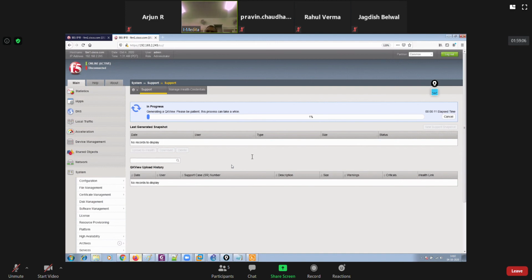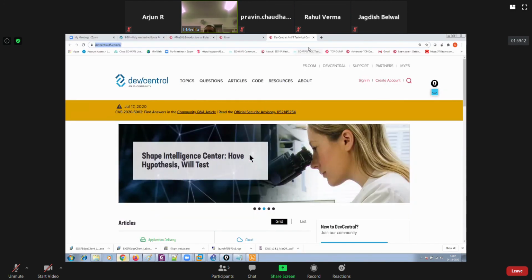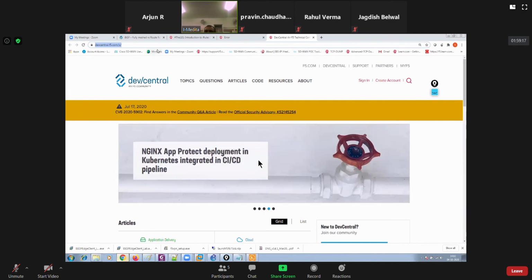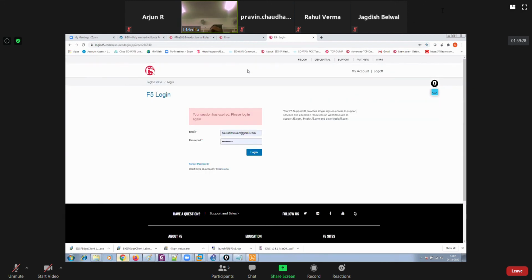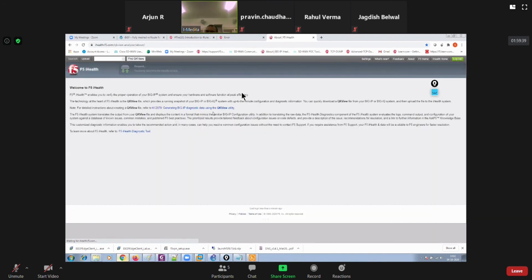Thereafter, you go to your iHealth portal, which is also accessible for free. You don't have to pay anything for that, right? So let me go ahead and log into this iHealth portal. If you have your user ID and password on f5.com, log in using them on this iHealth portal, like this. It's a QKView analyzer actually. In a nutshell, your iHealth portal is a QKView analyzer.